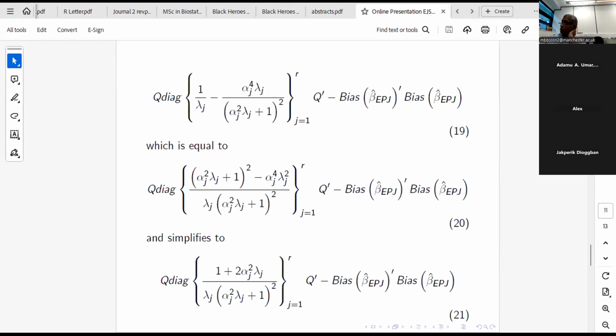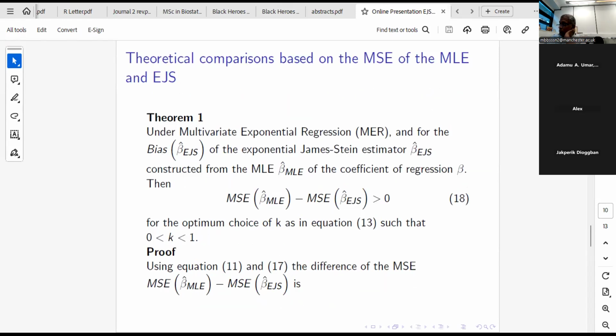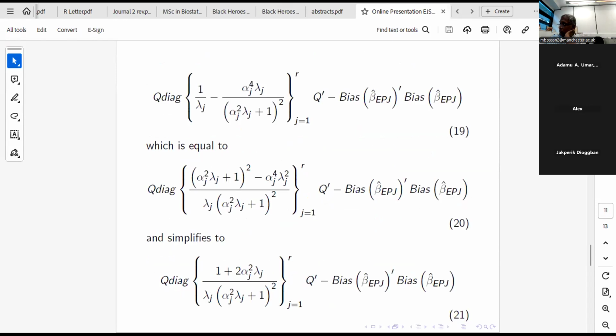If we go through the proof using equations 11 and 7, we subtract the difference, and it would give us equation 19, which we can simplify further using the scalars of the mean squared error. And if we simplify them further, we can analyze that